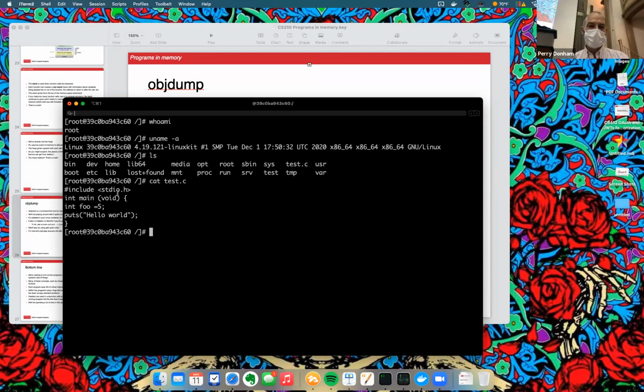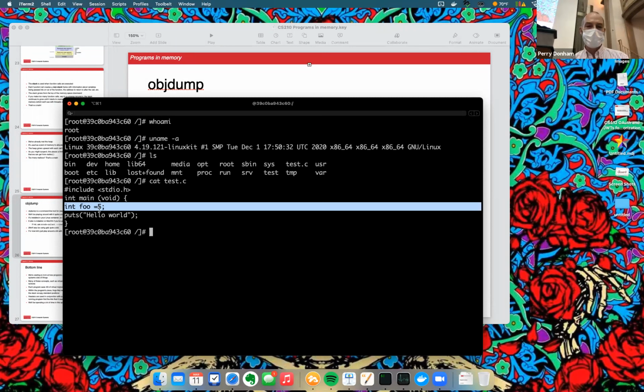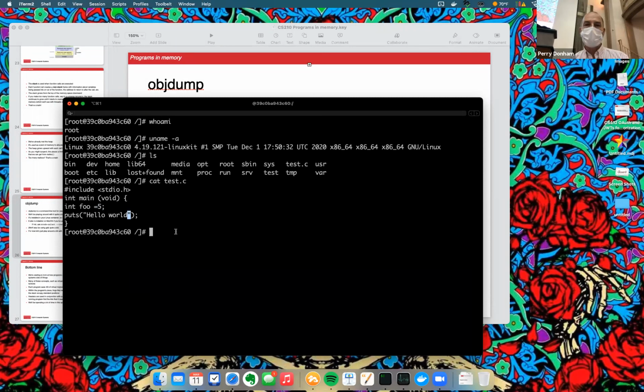It's just a little program. Here's main, it sets up an integer called foo, and then puts a string literal out onto the console, hello world. If we run it, it looks like this. Hello world, woohoo. Well, we can use objdump if we want to take a look inside that executable file and see where all the pieces are. We can just use a command called